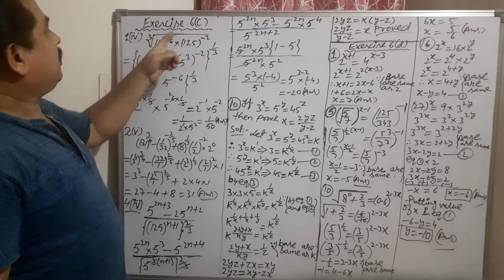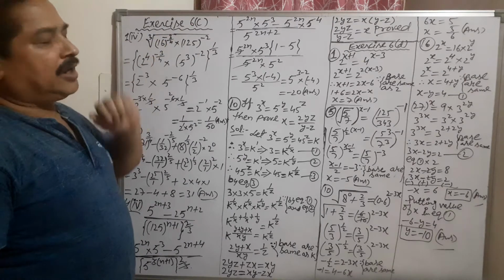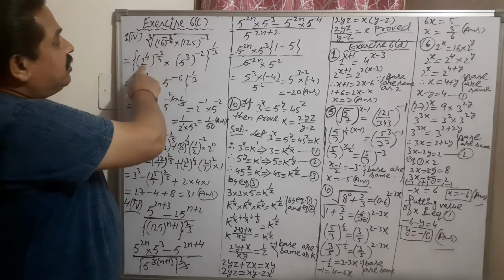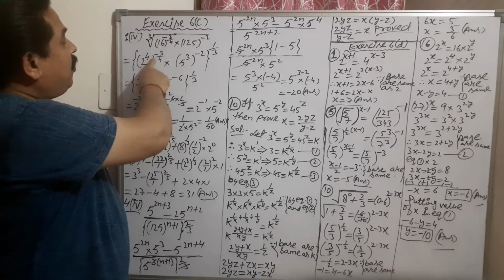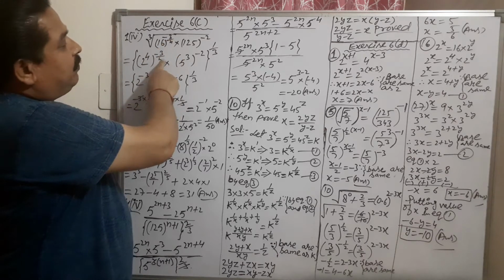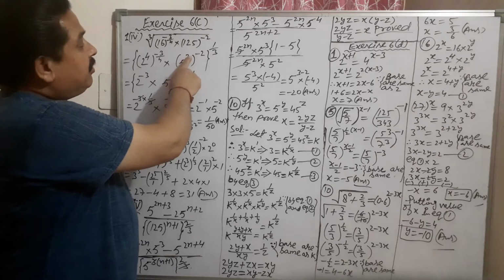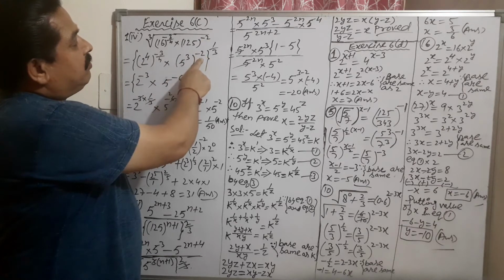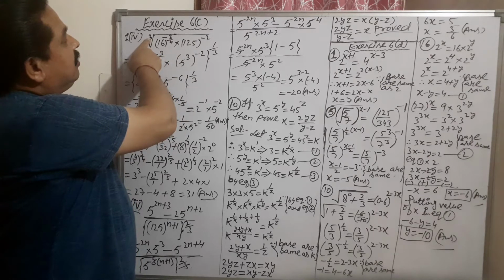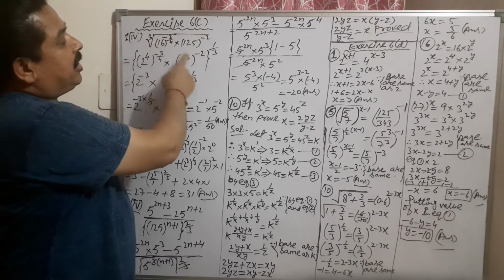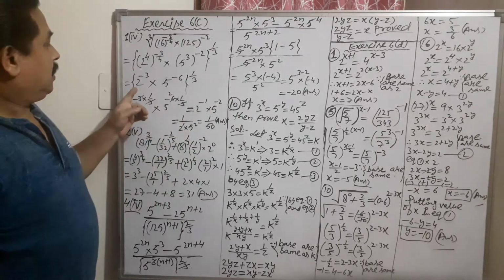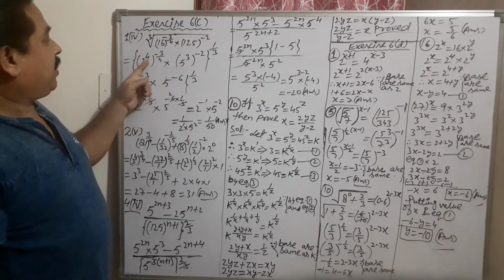See question number 1, fourth part in Exercise 6C. This is the question. 16 is given there. 16 we write in the power form as 2 to the power 4, and the power given here is minus 3 by 4. 125 is 5 to the power 3, and the power given is minus 1 upon 2. Remove this sign. Outside of this sign there is a 3. It is actually a cube root sign. So the cube root you can remove by putting power 1 upon 3. And now 4 will be cancelled by 4.